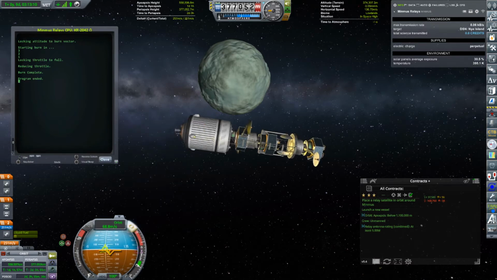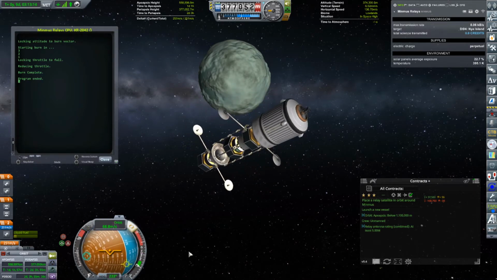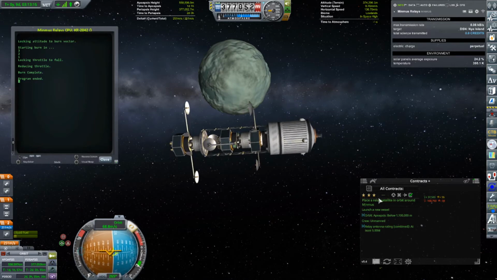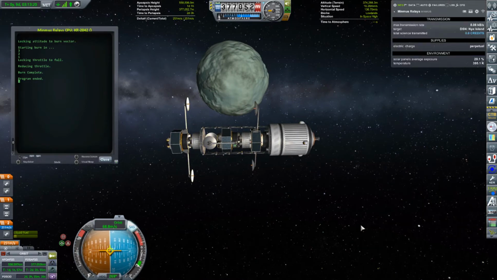Spin this around to prograde. My period is a little bit too long. So I want to fix that. Oh, it gave me the contract, so I don't have to worry about that. It's saying that's good enough, but it's not good enough for me. Okay, I want to increase this period by about 5 minutes. So,